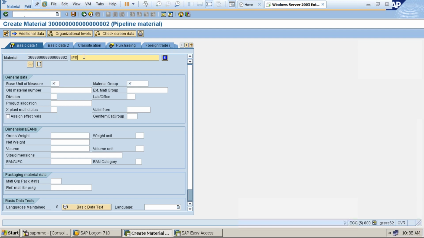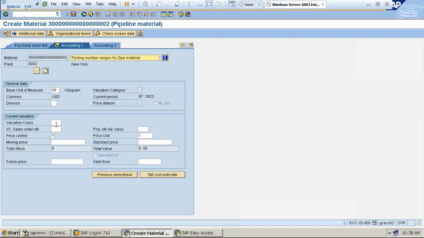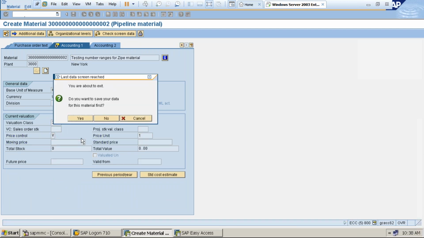Let's say this is the testing number for the right material, nothing but pipeline material. Here I can give kilogram, kg, something like 0.04. Click enter and again enter, and evaluation class I'll give 3000. Click enter and save it. So here I got this number. How did I get this big number?